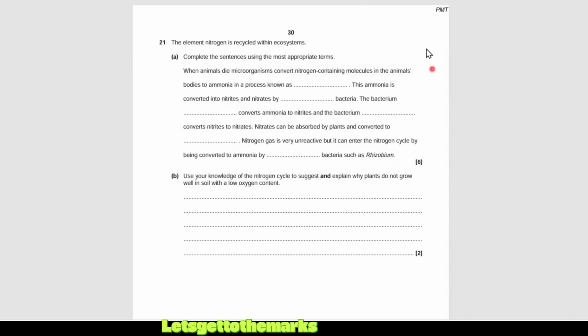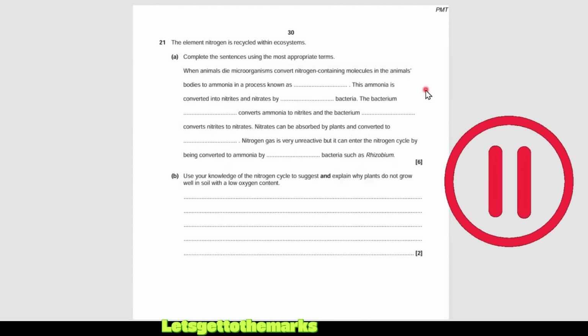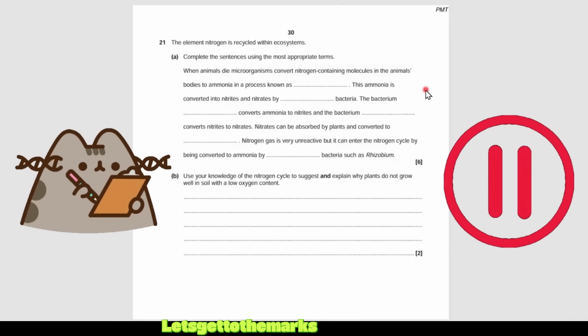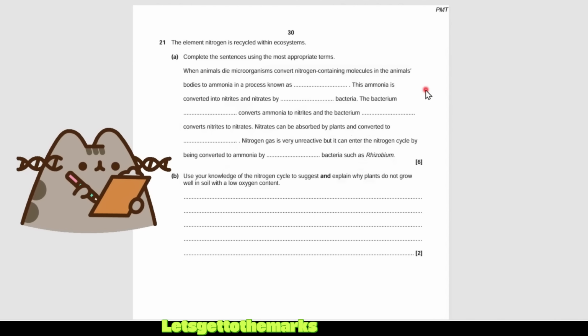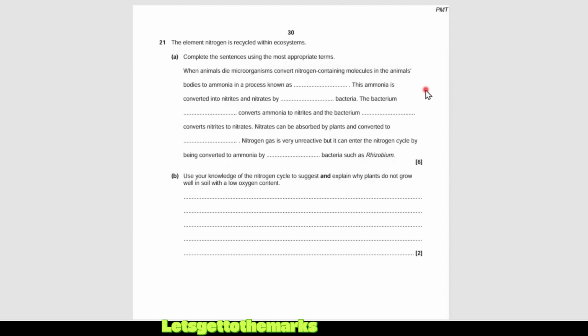such as rhizobium. Why don't you press pause on the video, grab your pen, grab your paper, have a go, see if you can write down the 1, 2, 3, 4, 5, 6 words that are missing and see how many marks you get. All right, I'm going to go through the answers. So hopefully you paused and had a go yourself, make the revision active. If you wrote it down or did it in your head, either way, all good.